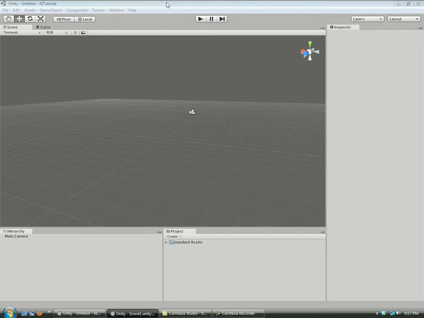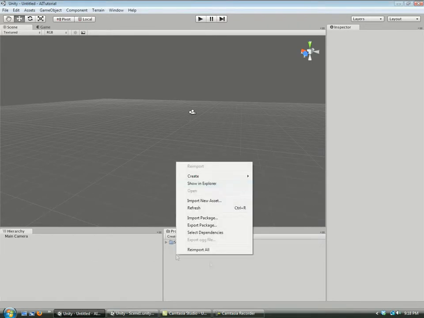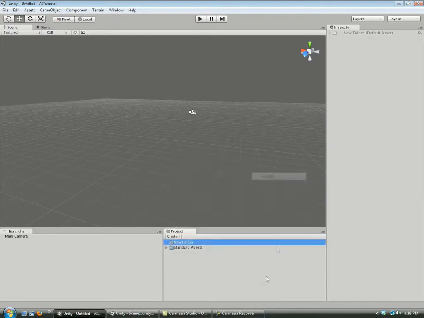Okay, so we have our new project with our main camera as default, and what we're gonna do is just create some directories. So we're gonna call this one enemy, Control D to duplicate, model,